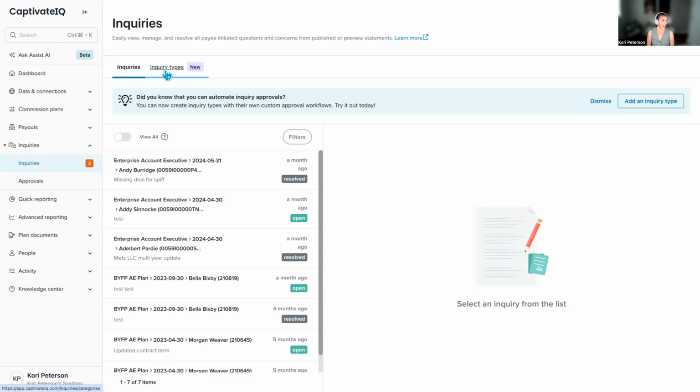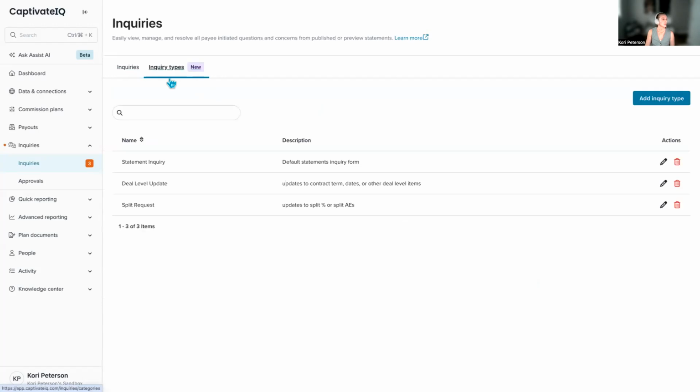Okay, Jamie says general how-tos, disputes, exception requests. Okay, let's use that as our example. If I want to set up opportunity missing from a statement, discrepancy on split, love it.